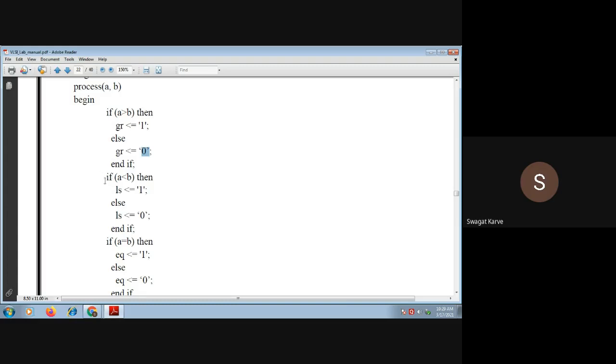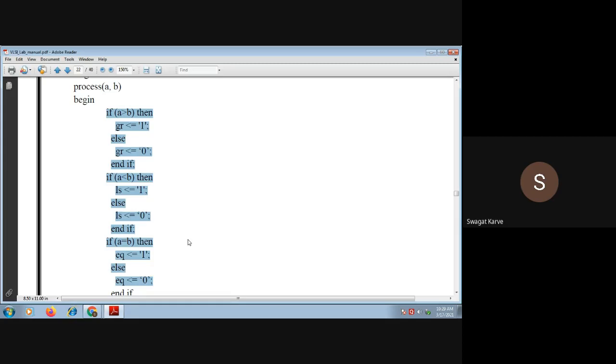Now again it will enter the next if and check whether A is less than B. That means for any number, all these three ifs get checked sequentially, step by step. Accordingly, depending upon which condition is matched, that particular bit gets a value of 1 or 0.